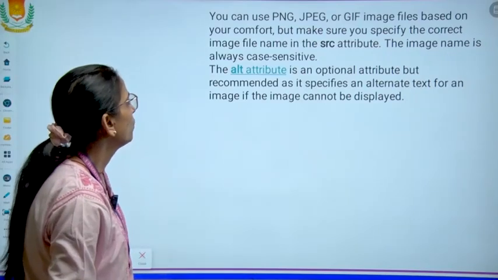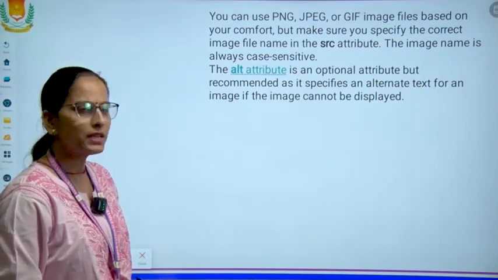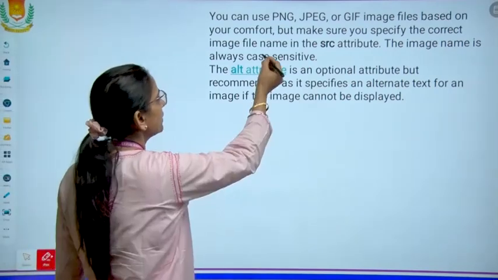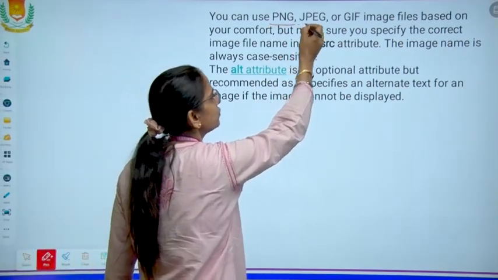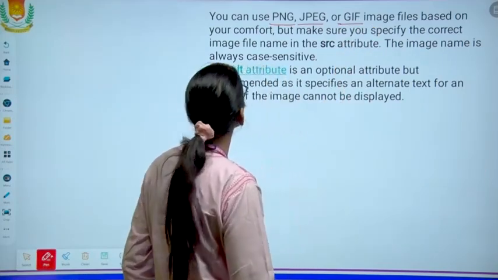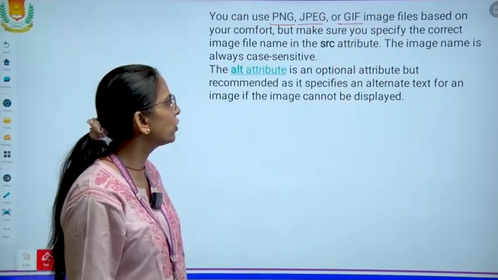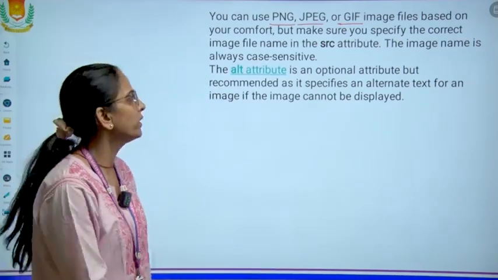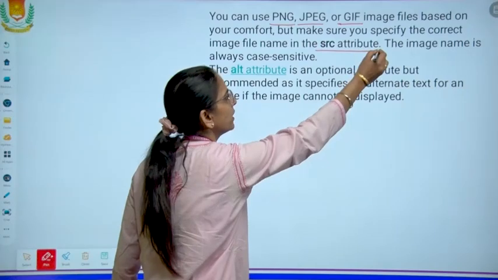Now, what kinds of images can be inserted in HTML? You can insert PNG, JPEG, or GIF image files based on your comfort, but make sure you specify the correct image file name with the SRC attribute.